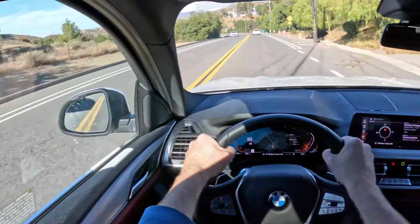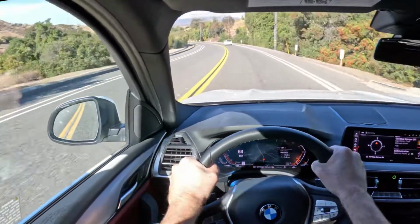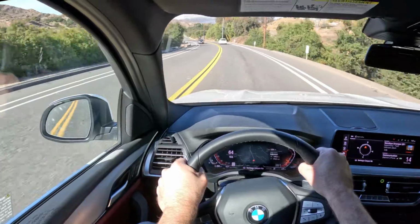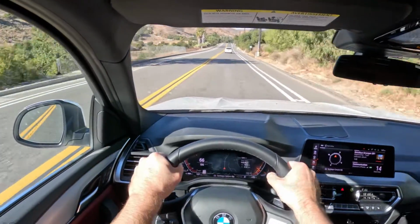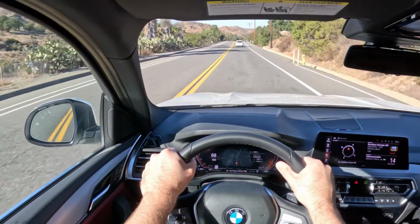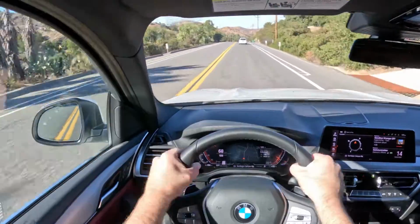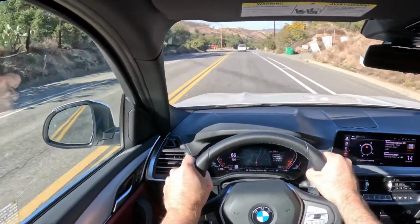It really is a fantastic car to drive, and I'm surprised by how much I like it. I'm surprised by how good it is. I'm surprised by the fact that it might even be better to drive almost than an equivalent new 3 Series. I've driven several of the newer 3 Series models, and